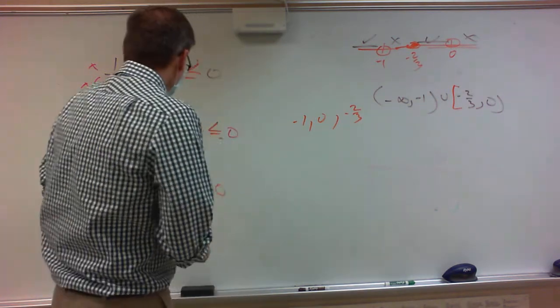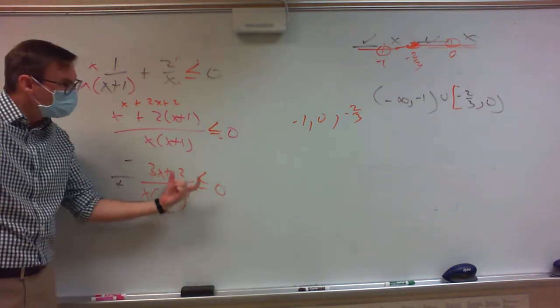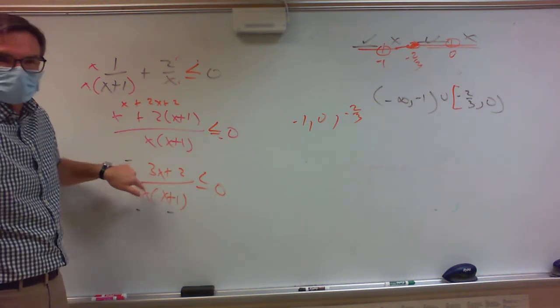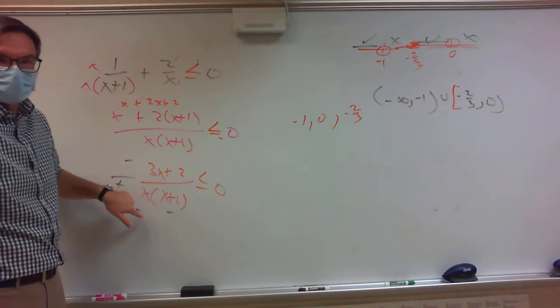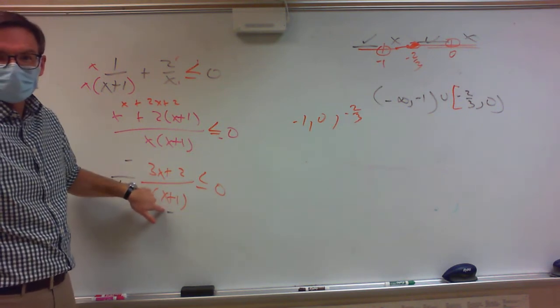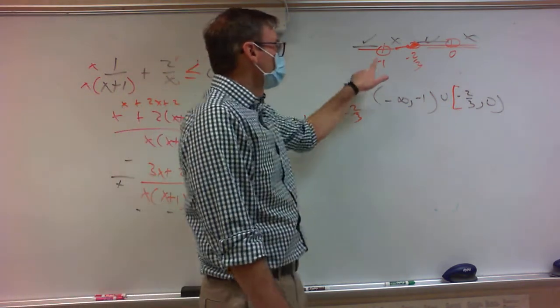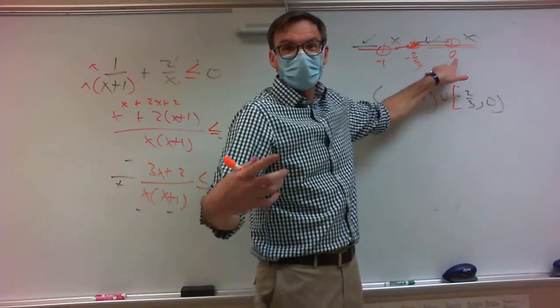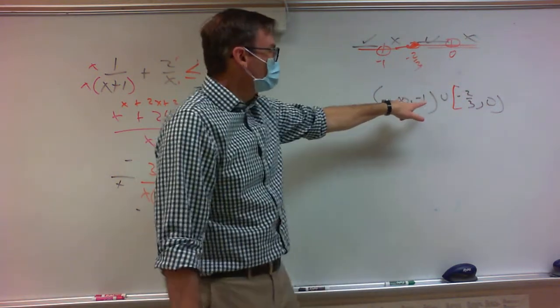If I put an equal to sign, it doesn't get to equal everything. You can't divide by 0. So you still can't have 0 or negative 1. So the 0 and negative 1 still stay hollow, right? But what can happen is the negative 2/3,